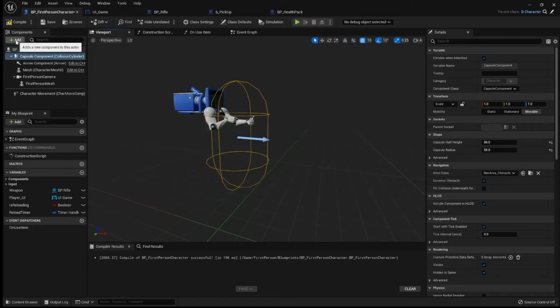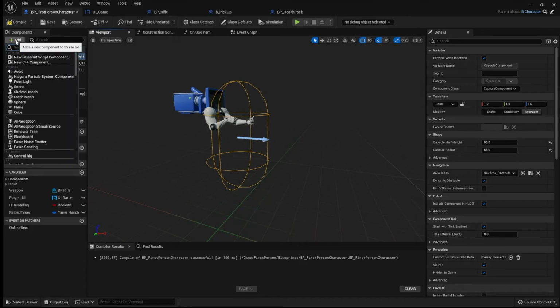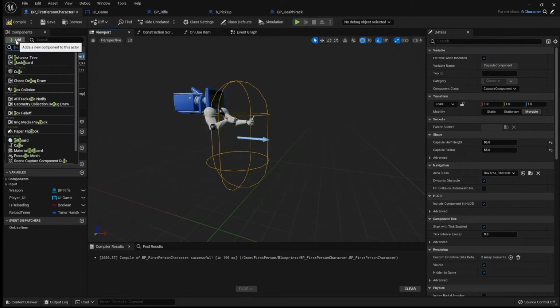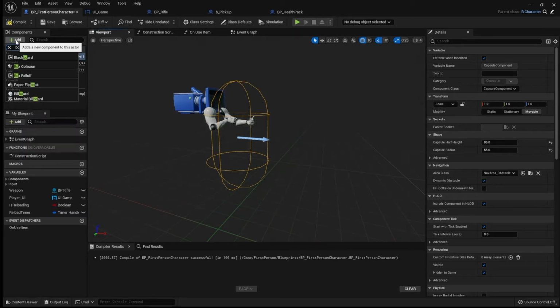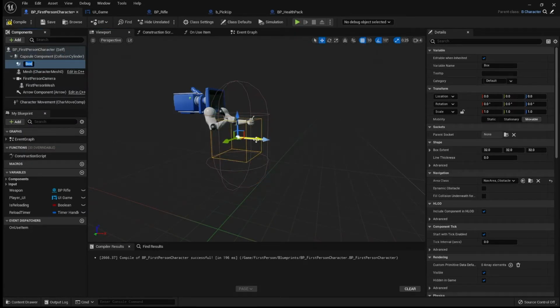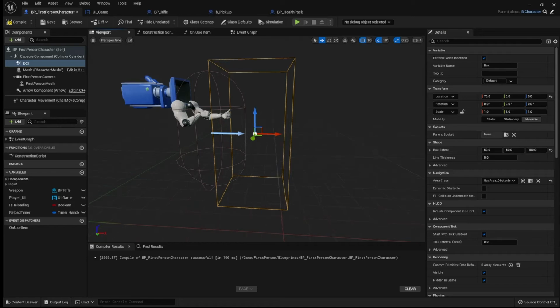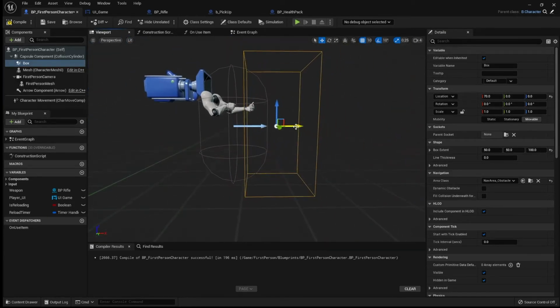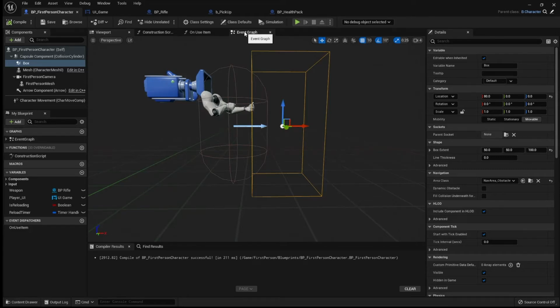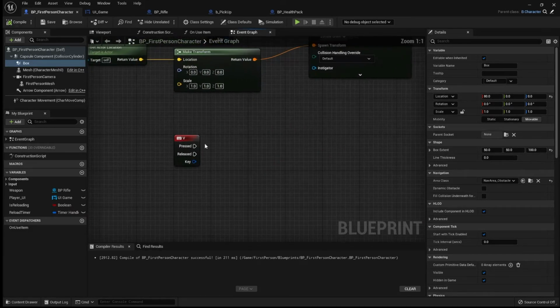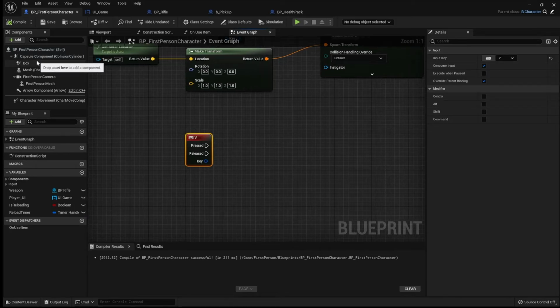So we have one capsule component, but we're going to add another, and I'm going to add a box collision. Let's just drag it out here in front of the character. You can resize this how you want. I'm going to make this pretty big, kind of, you know, arms reach away, just like that. Going to compile, save. Now, I'm going to go back to the event graph, and when we press V, we're going to get that box,